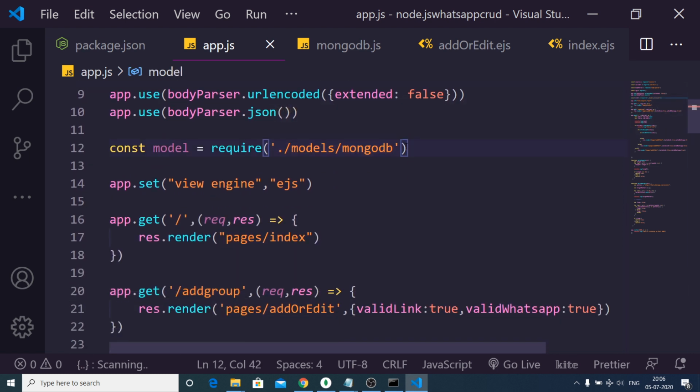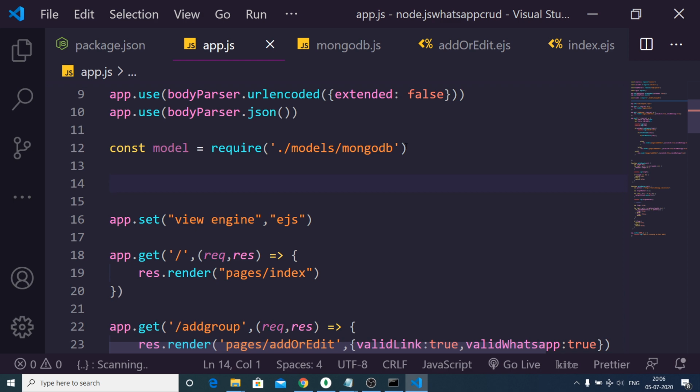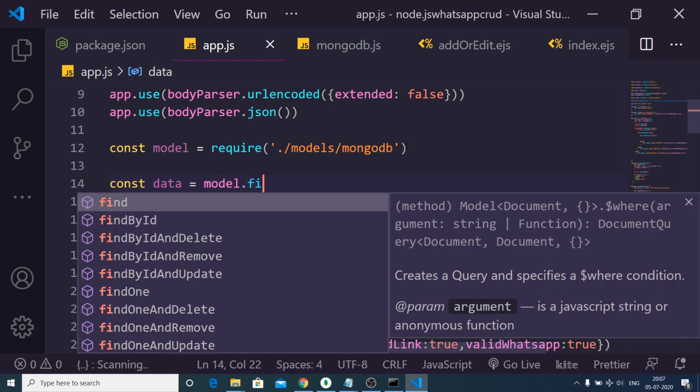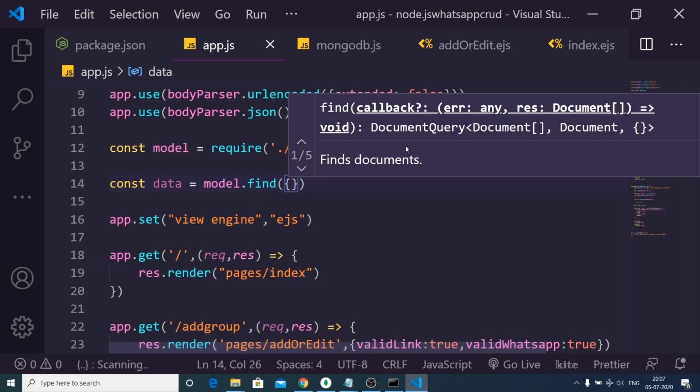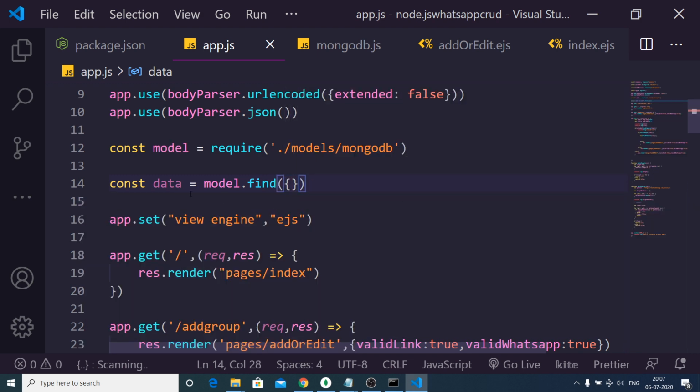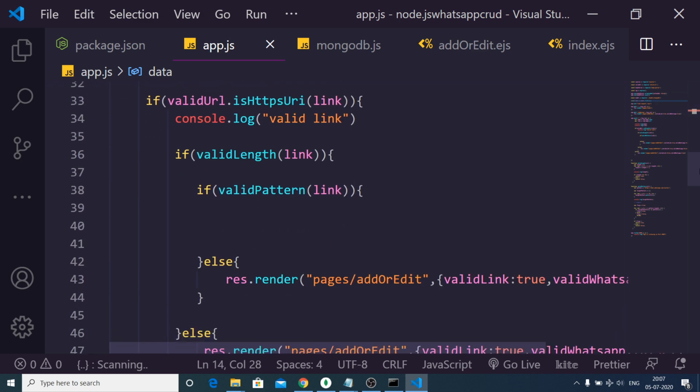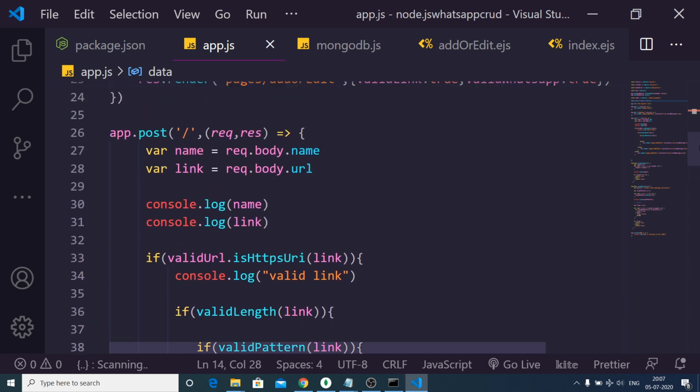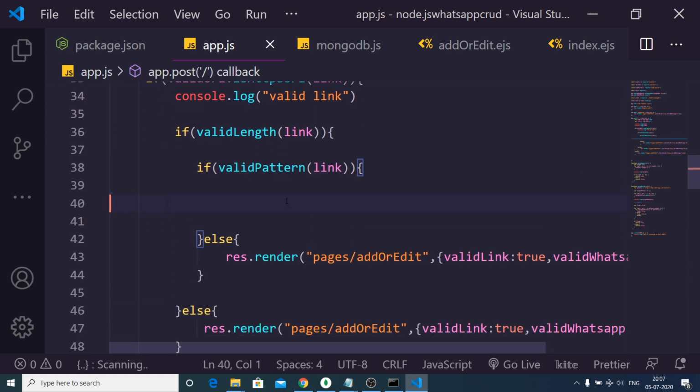So now we will be invoking a function to it, const data, and we will use the model.find function, and we will pass a set of curly brackets. So this will get all the data which is there inside the database. And now we need to go to this post request. So inside this post request, we need to insert the data.